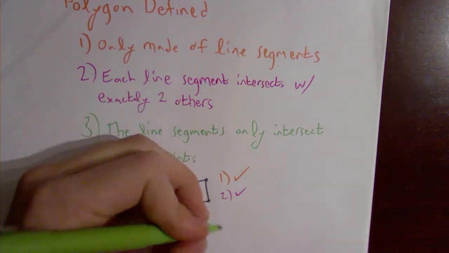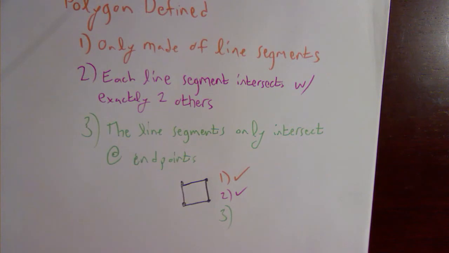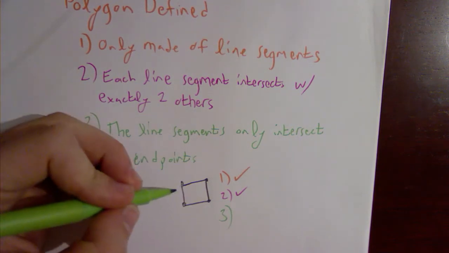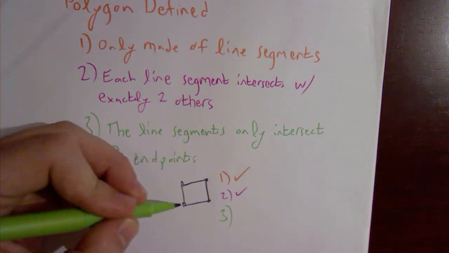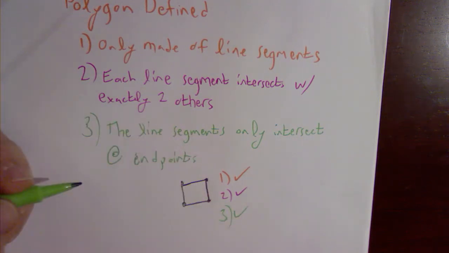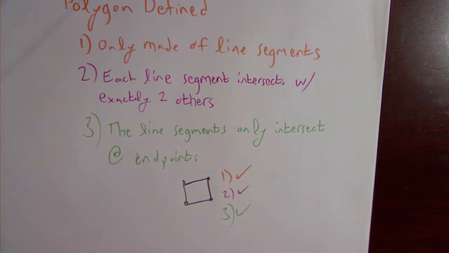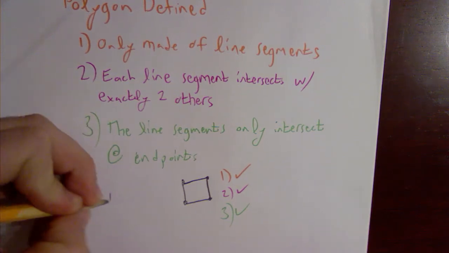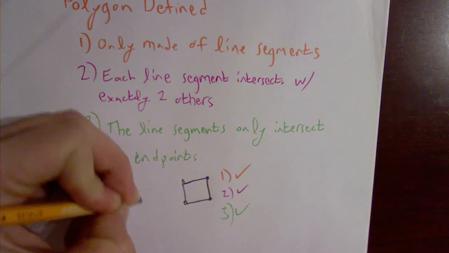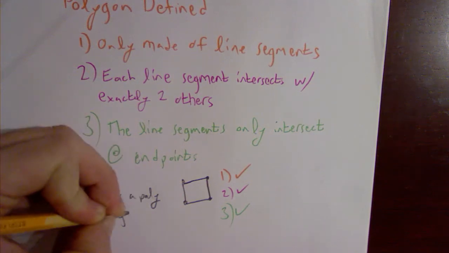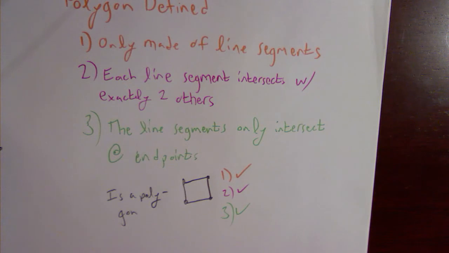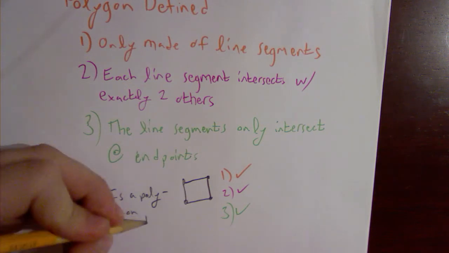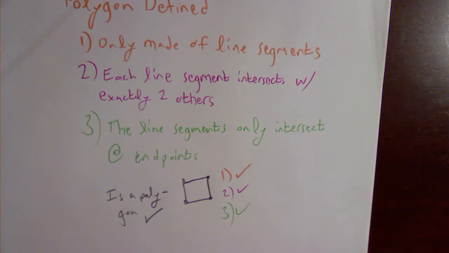And then third, the line segments only intersect at endpoints. Well, these line segments aren't hitting each other in the middle. They're only intersecting at endpoints. So number 3, I can check off. This is a polygon. A polygon. Poly-gon, because I went on to another line. This is a polygon. Well, let's take a look at an example for when it might not be a polygon